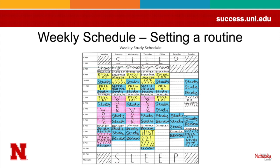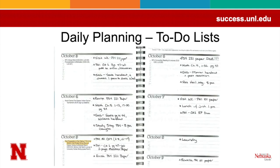The minimum, if you're taking 15 credit hours this semester, you should have 30 hours of study set aside every week. And then the last thing is we want you to have a planner, right? And the daily to-do list pages in a planner are really important because this is where you keep the details. This is where, yes, you're going to write down if a paper is due that day or you have to turn something in or you have to take a test,